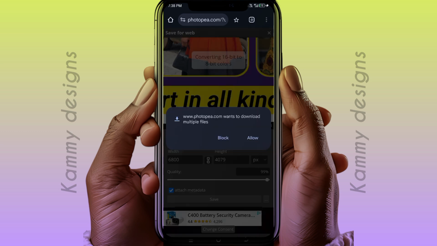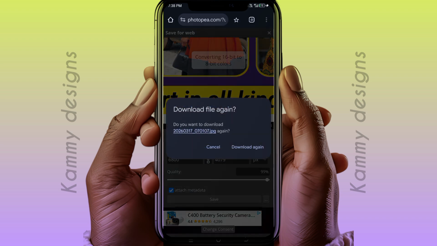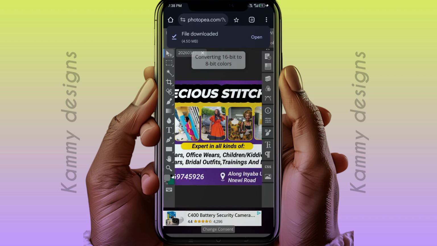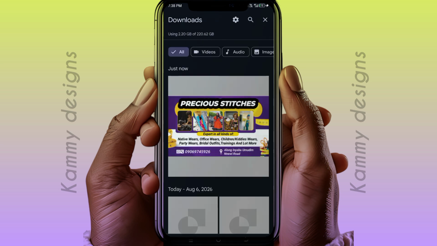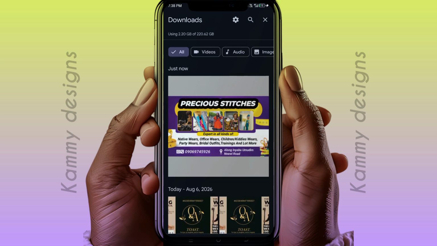Okay, it says Photopea wants to download multiple times. Let me just say allow because I want to show something. Okay, it has already downloaded. I cancel this one. So let me open. You see that it is 4 point something MB. So let me open it. So if I open it, this is the one that we downloaded, this is the design. Okay. So what I'm going to do now is I'm going to send it to myself on WhatsApp,